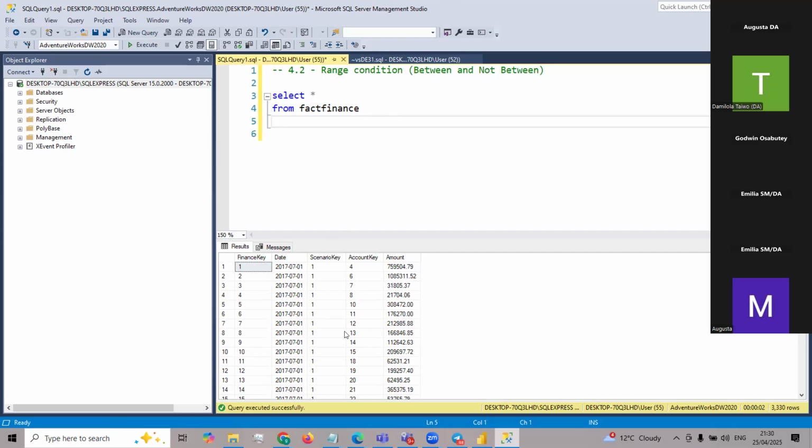So let's, for example, assume that we want to select, okay, let's say we want a range between where,